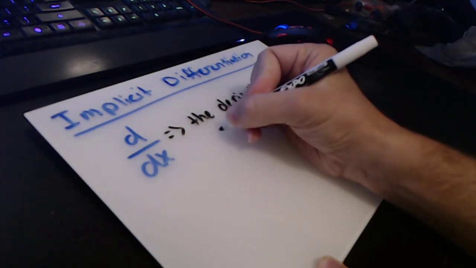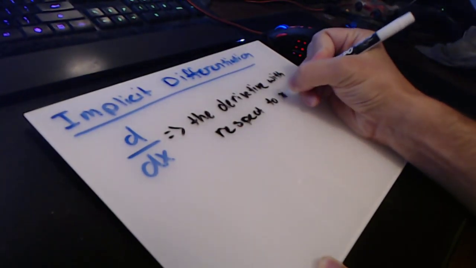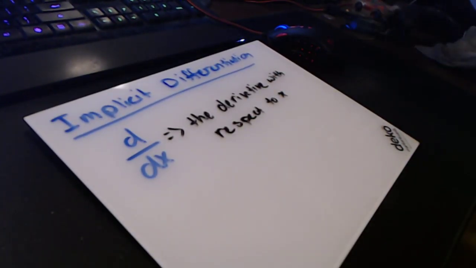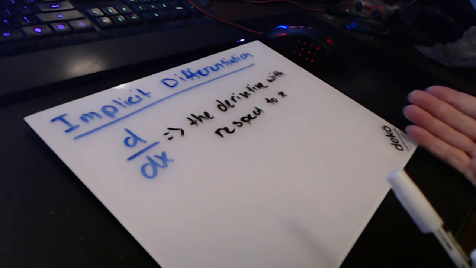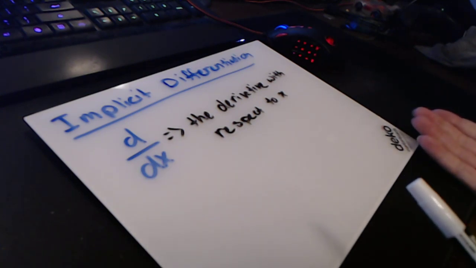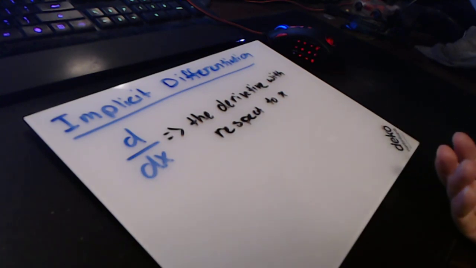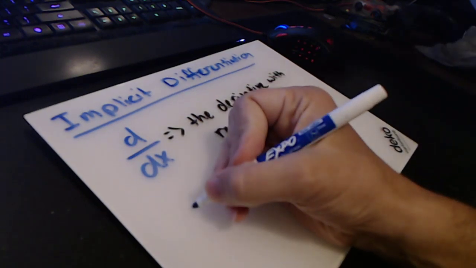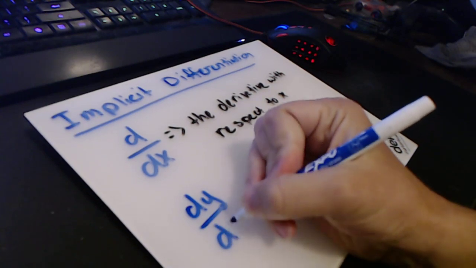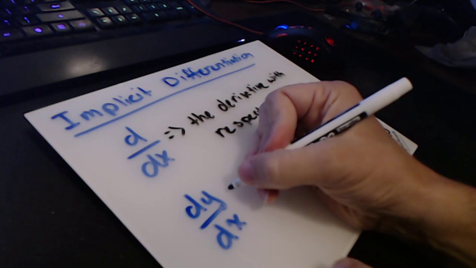with respect to x. Now, this is important because most of the time when we first start taking derivatives, the y is always on the left side, and you do take the derivative with respect to x because you're only using x variables. And they just say, hey, that y becomes dy dx. Well, the reason that becomes dy over dx is because dy over dx has the meaning of the derivative of y